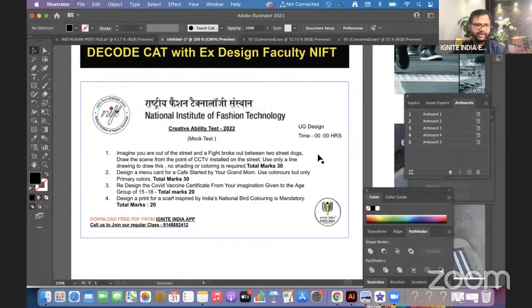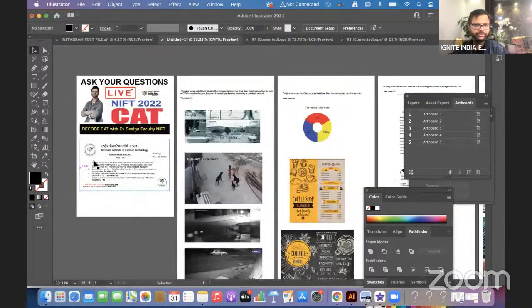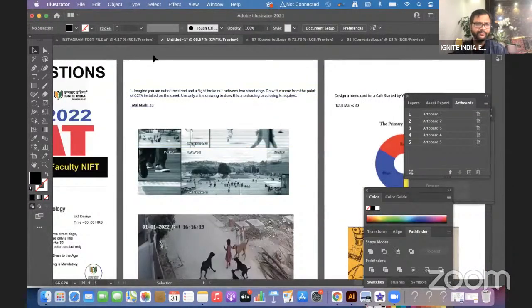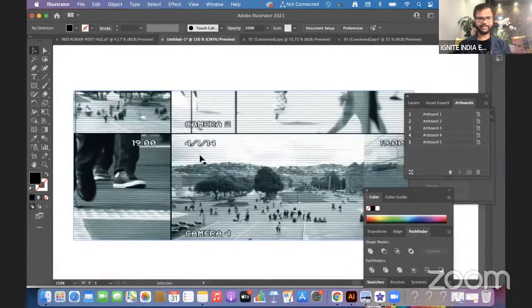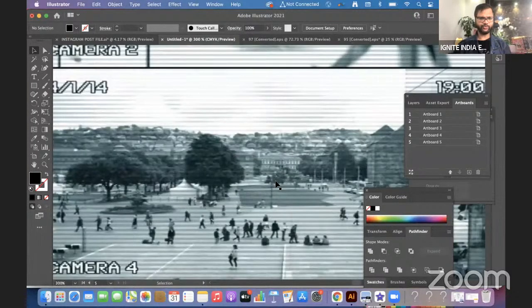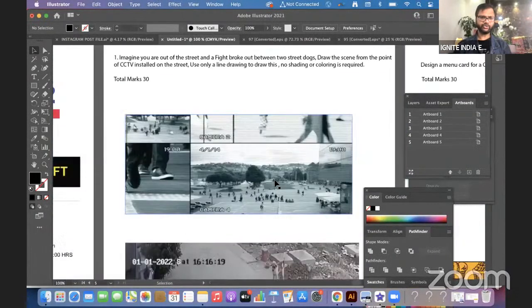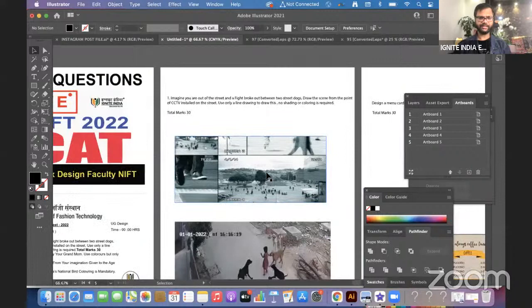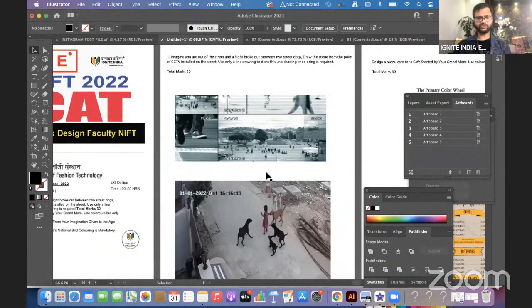This is very, very evident now. One question will be from the perspective, right? One question will be from perspective, whether it is like composition or anything else, in the final exam also. So based on these patterns, you should prepare. Now you should understand this and see these, right? Especially try to visualize the CCTV view, how it will be, because you are also there on the street, right? You are also on the street and the dogs are also there.